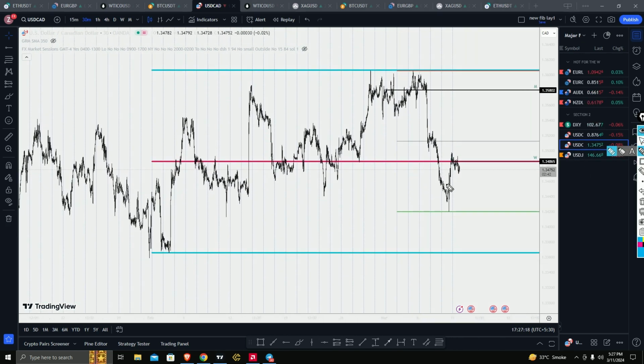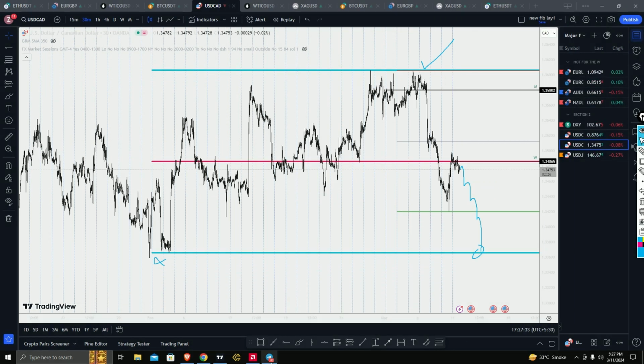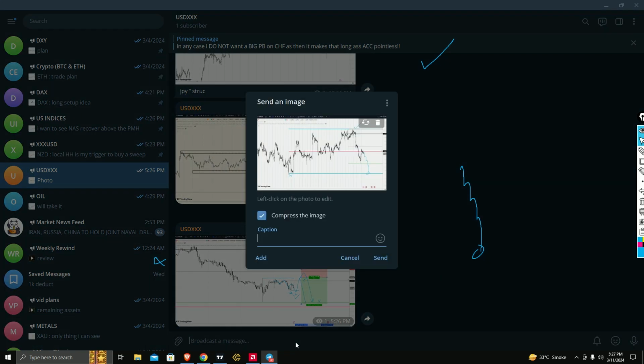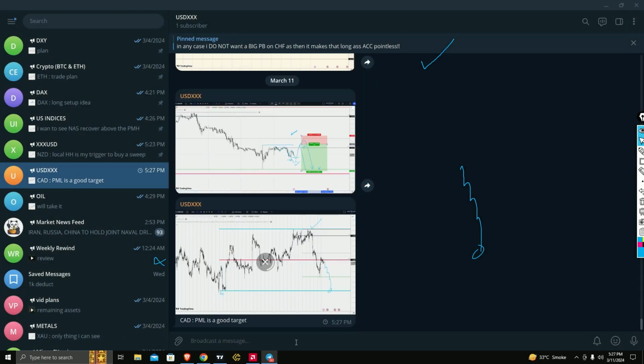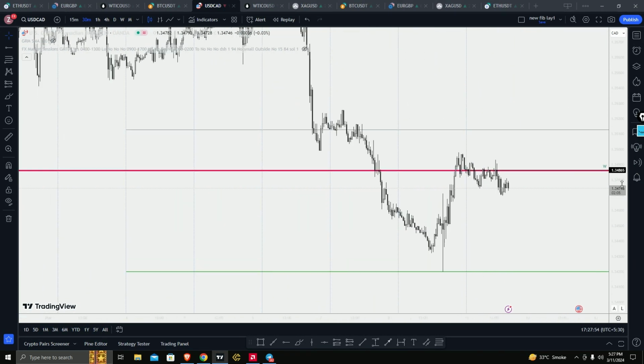So what I expect from this market is to complete its job, right? Take out the last month's low. Since you failed to take out the last month's high, the next very obvious target is the last month's low. So again, just on the basis of that, I expect CAD to go down, and I think there's very high probability for CAD to go down. So maybe not this week, maybe next week. But downside is a high probability on CAD. So I would go ahead with the downside.